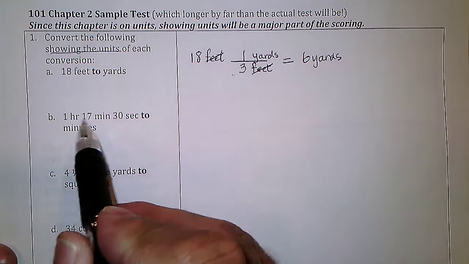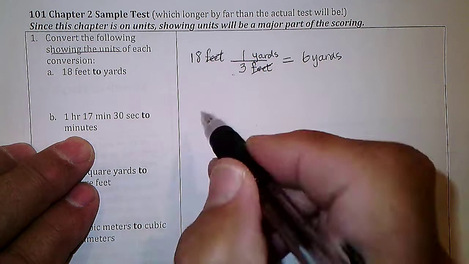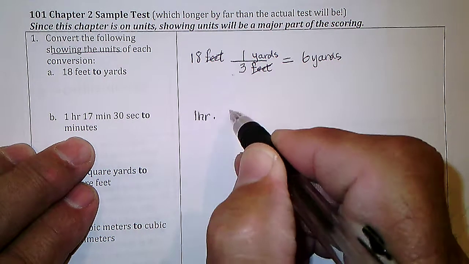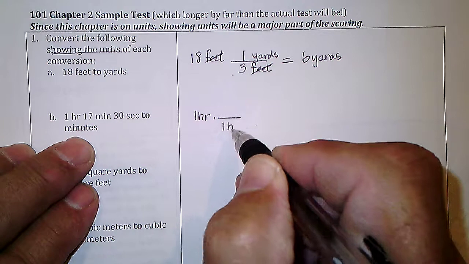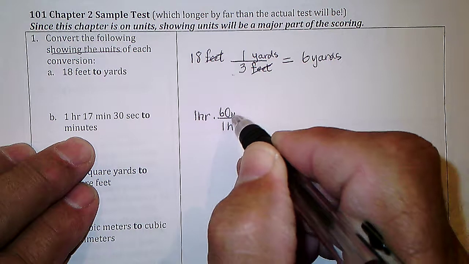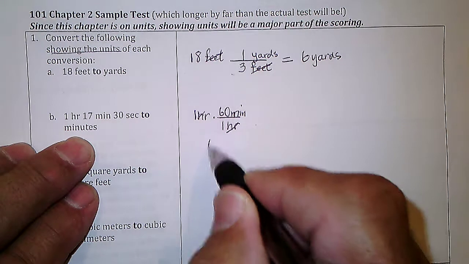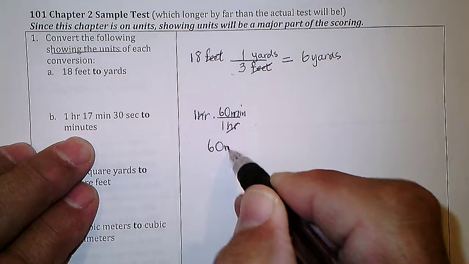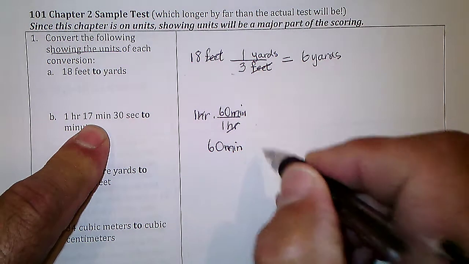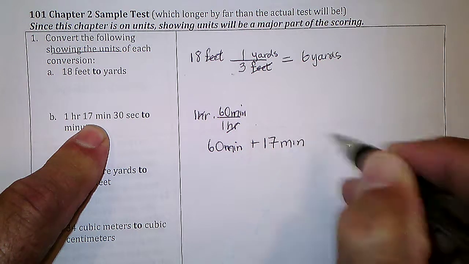So we got 1 hour, 17 minutes, and 30 seconds to minutes. 1 hour times 1 hour is 60 minutes. So we got 60 minutes for that part. Then we got 17 minutes. I don't need to convert that. Plus 17 minutes, plus